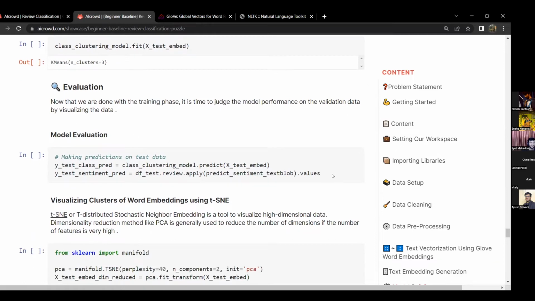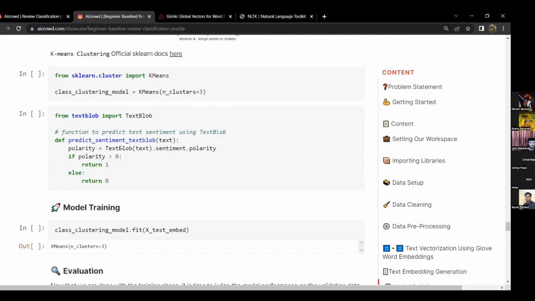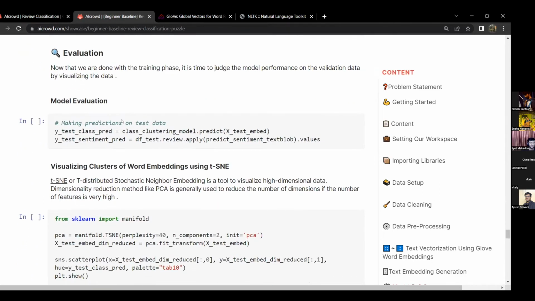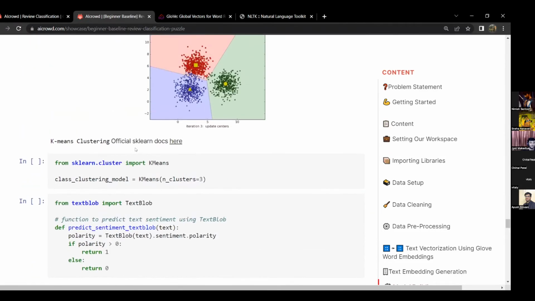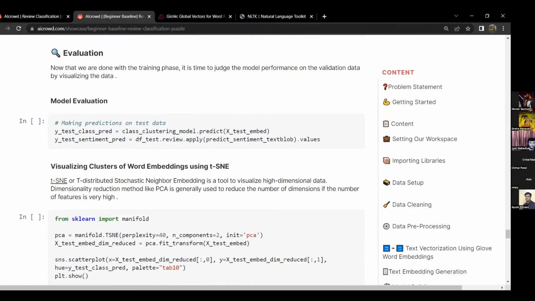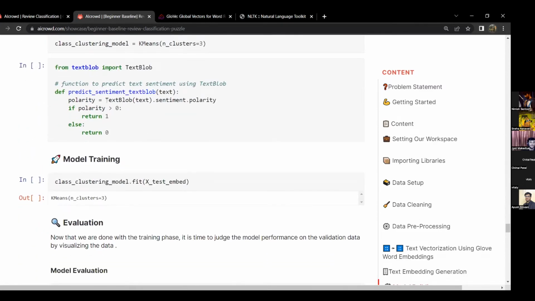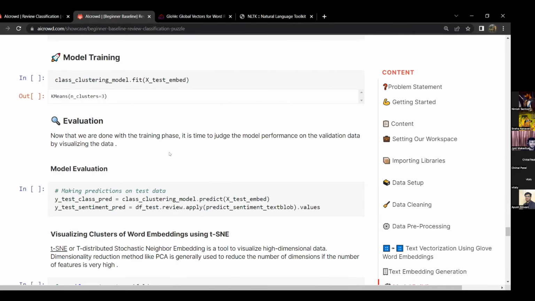Now we have done the training, in the case of k-means clustering. We will do evaluation for our model on our data set. To do that, we use the predict function from the sklearn k-means model, which we already trained. So here we will get the final review class for each test input, and the sentiment for each text input, for which it will use TextBlob to output the